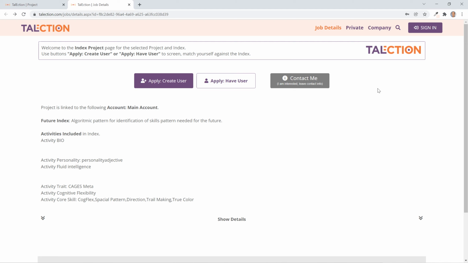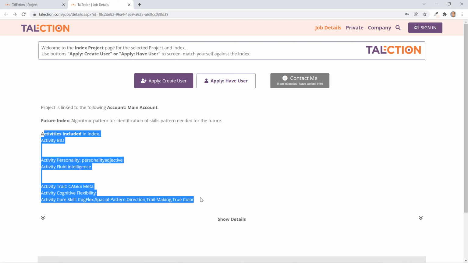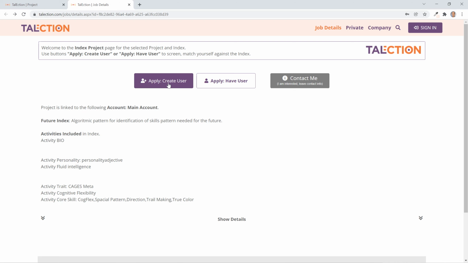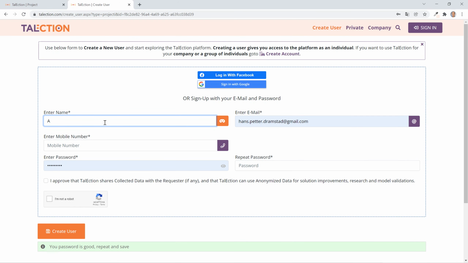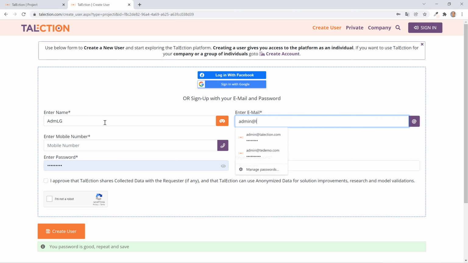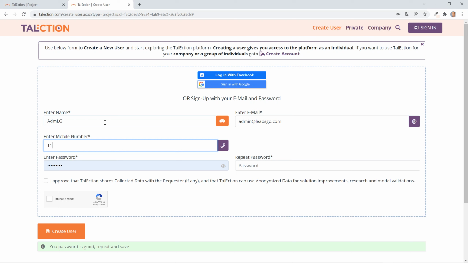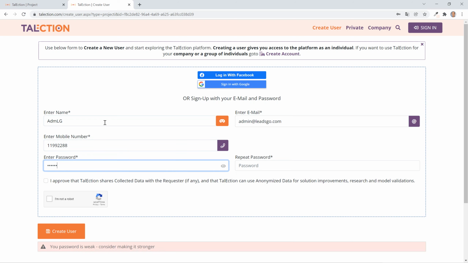You will have your logo here and the account that your user of this project is linked to, and below that you have the activity set included in the future index. So let's start by creating a user. You enter your username and the email you're going to use for this project, and then mobile, and then the password,